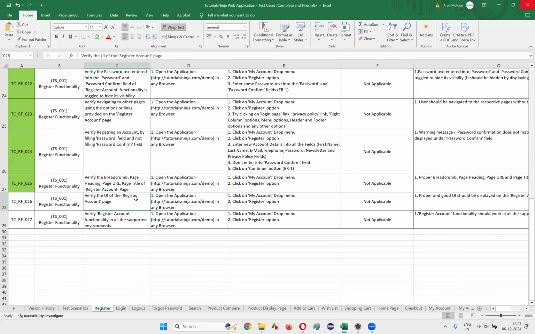Verify the UI of the register account page. Okay. So you need to verify the user interface or GUI of the register account page. For that, we need to open the application URL in the browser. Click on My Account drop menu. Select the register option. Once you navigate to the register account page, then you have to verify the UI part